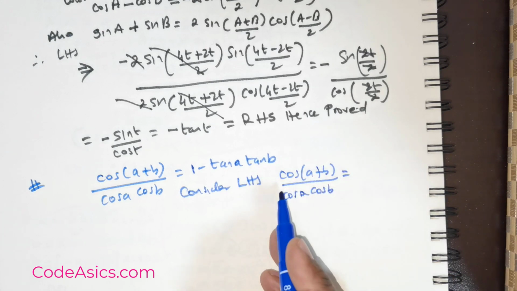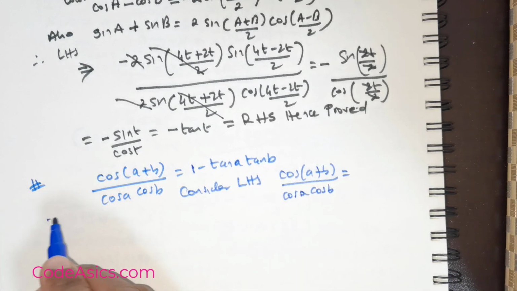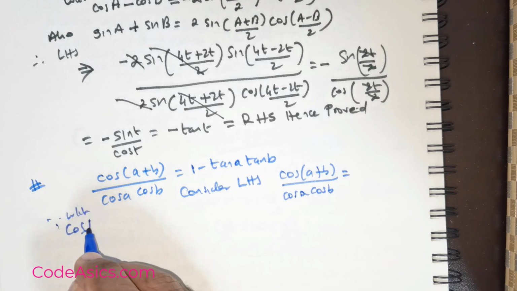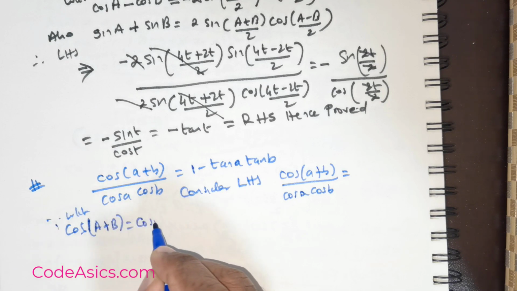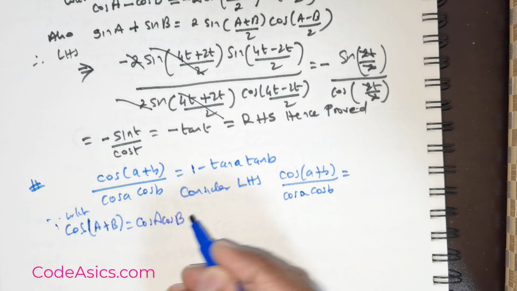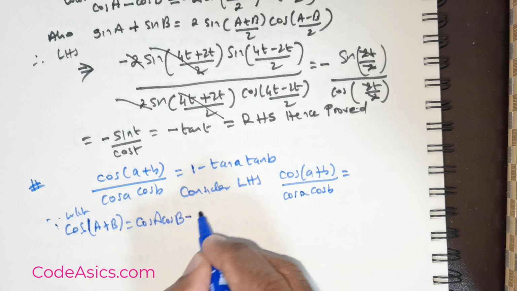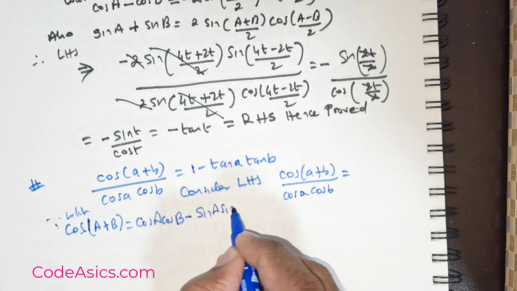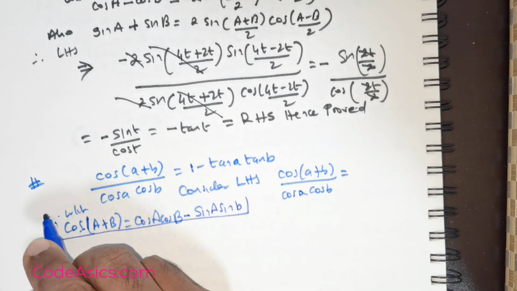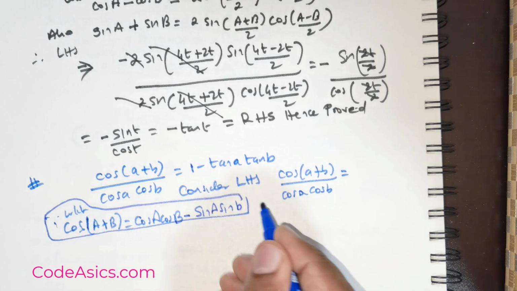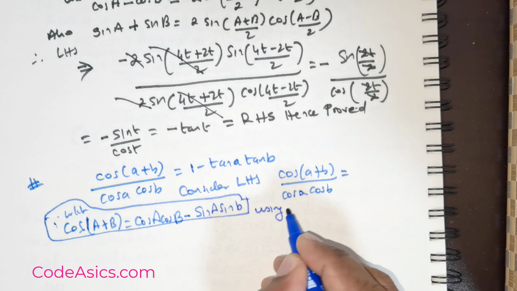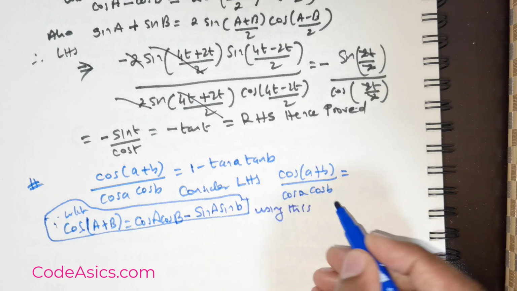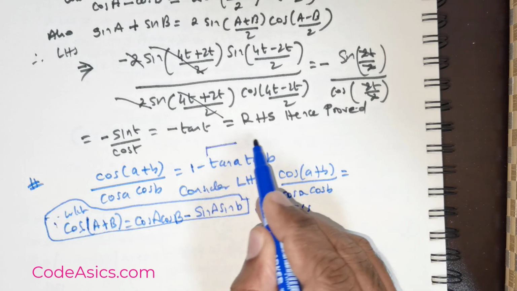Now we got a formula. What is that? We know this: cos of (A + B) is equal to cos A cos B, negative sin A sin B. So if I were to use this, if I were to take this to be as 1,